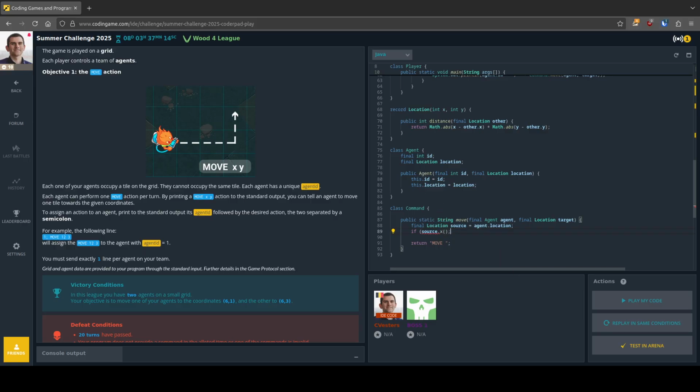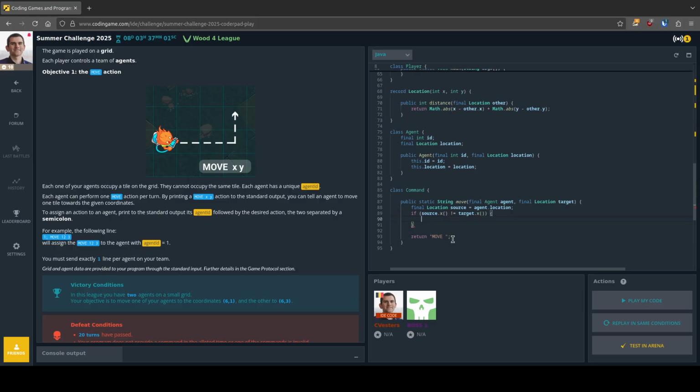Yeah, I think x, yes. This is a bit weird because it's only one letter, so it makes it a bit weird. If source of x is not equal to target x, then I say